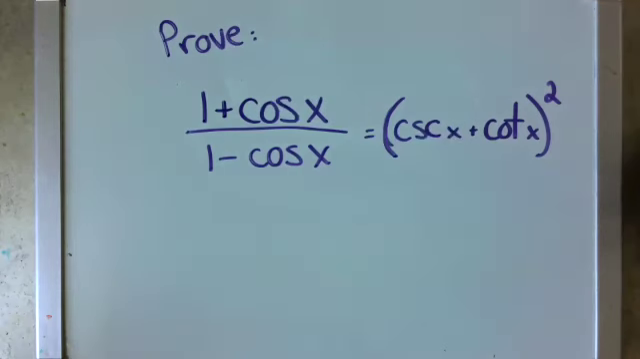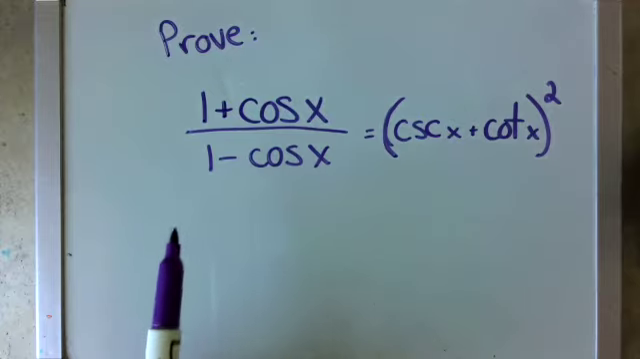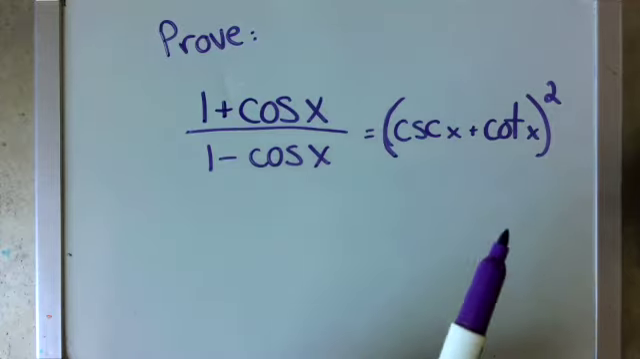Hello. Need some practice working with your trig identities and proving trig identities? Let's play around. Here's a fun and fancy little problem. They want us to prove that (1 plus cosine x) over (1 minus cosine x) equals (cosecant x plus cotangent